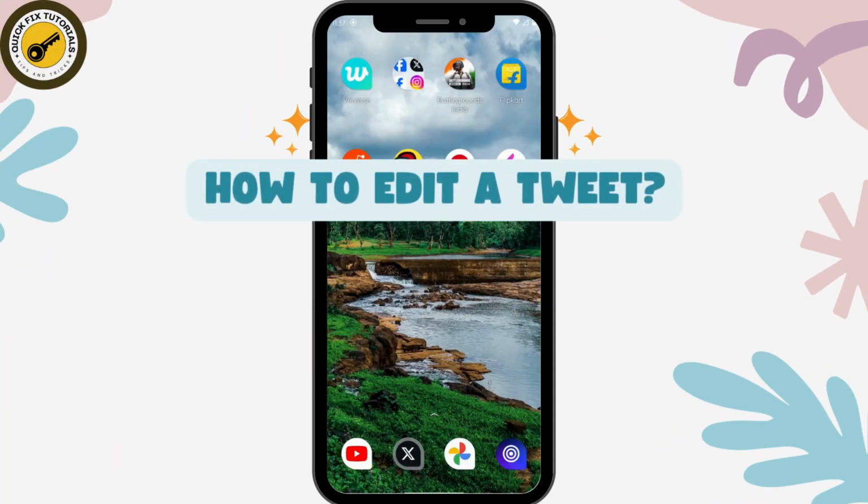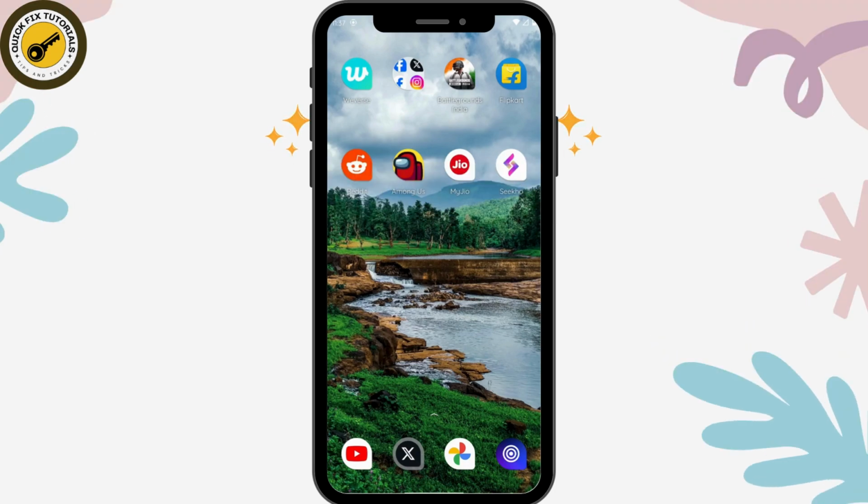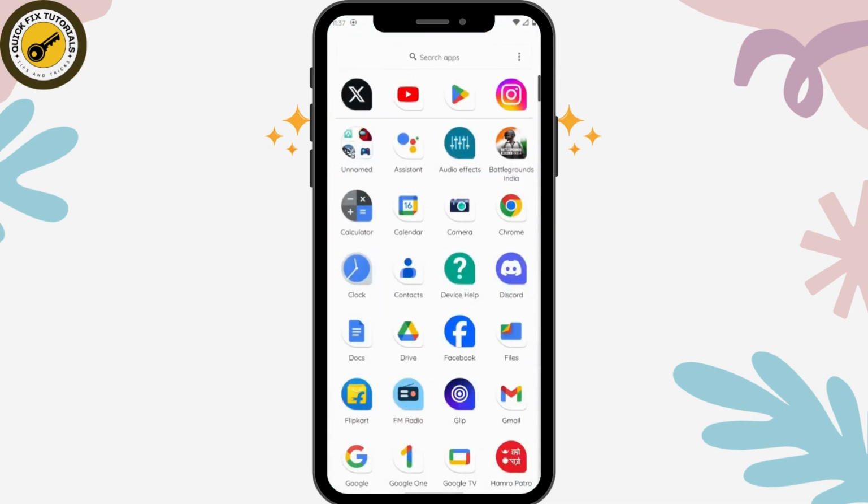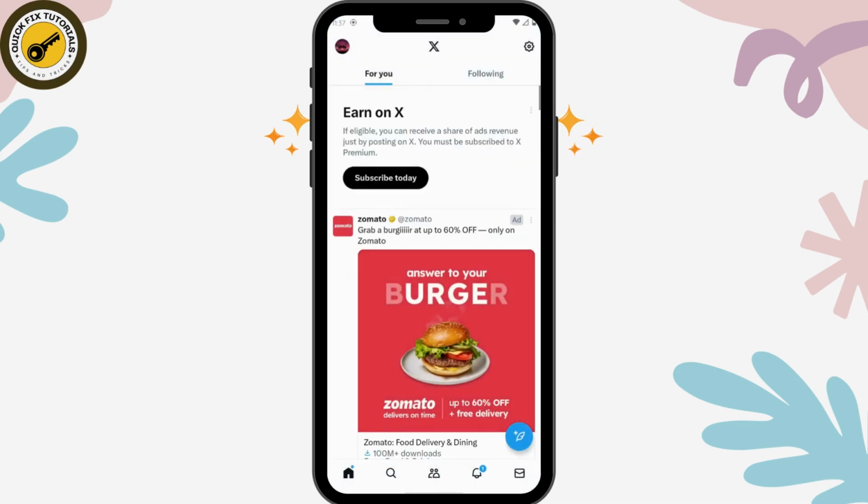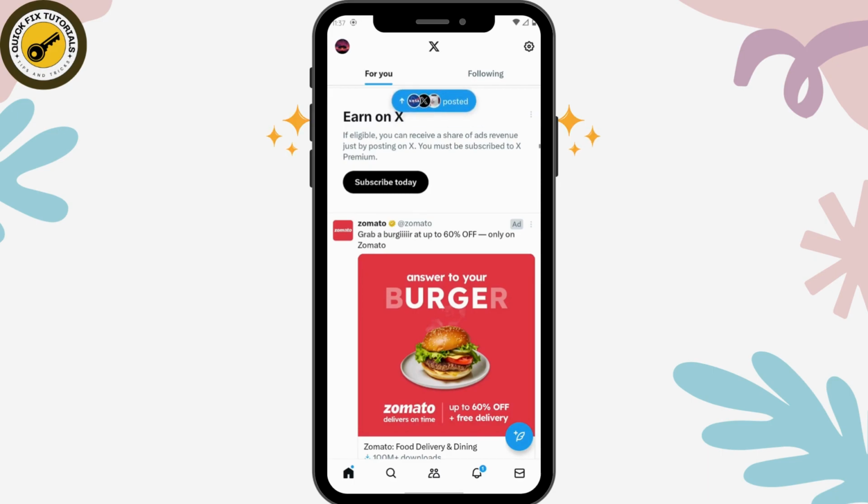How to edit a tweet. So if you want to edit a tweet, then the first thing you need to do is open up your Twitter application, which is the X application. And after opening your Twitter, now you can simply go for your profile, which is on the upper left,